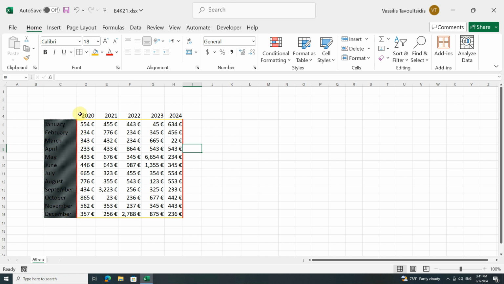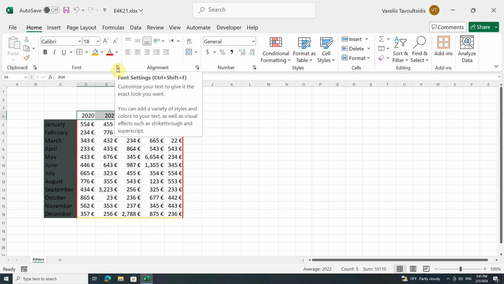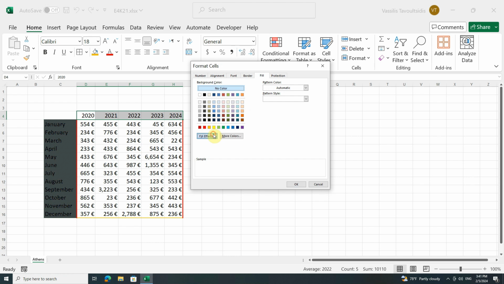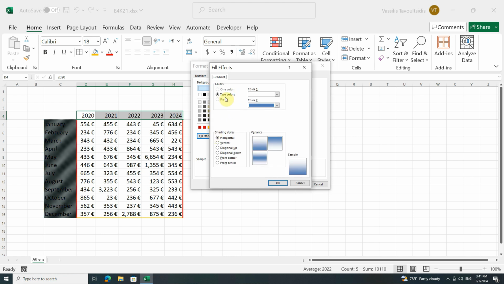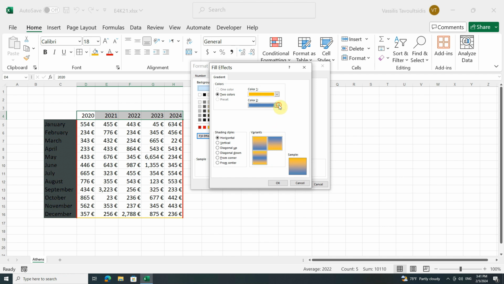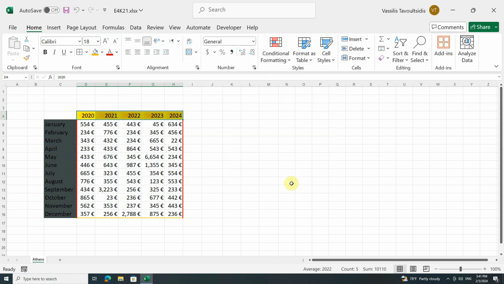I will select the range D4 to H4. I will open the dialog box from the font palette and I will move to the Fill tab. I'll click the Fill Effects button to see the other options available here, such as the two colors, which is already selected when I open this tool. I will open the list for color 1 and I will choose orange, while from the list for color 2 I will choose the yellow color. From the shading styles area, I can select various other shapes and variations. I will select the option From Center and I will click OK and again OK to apply this filling in